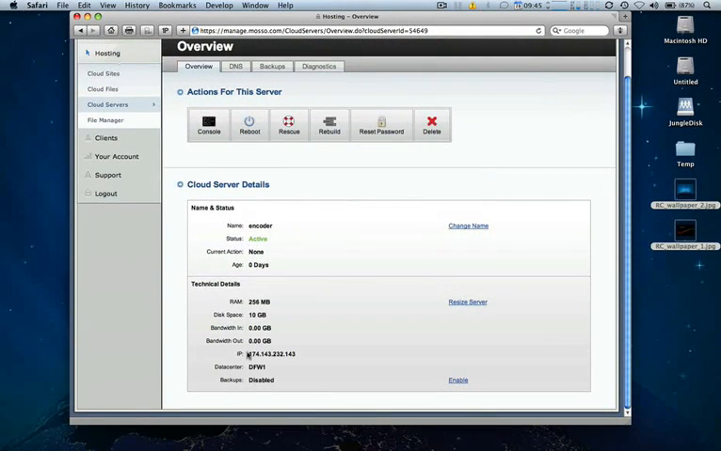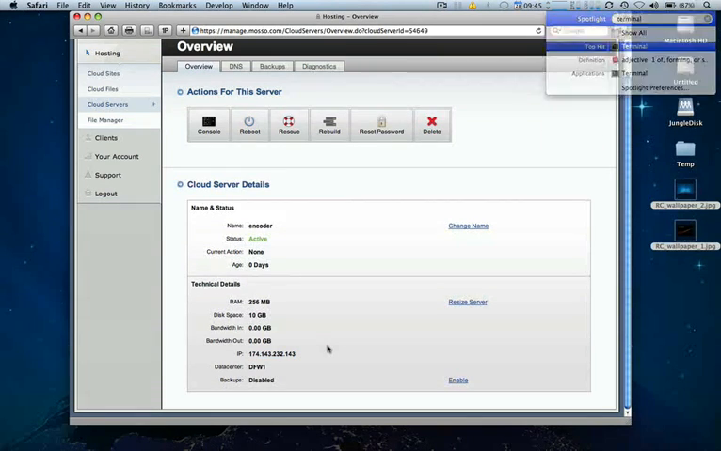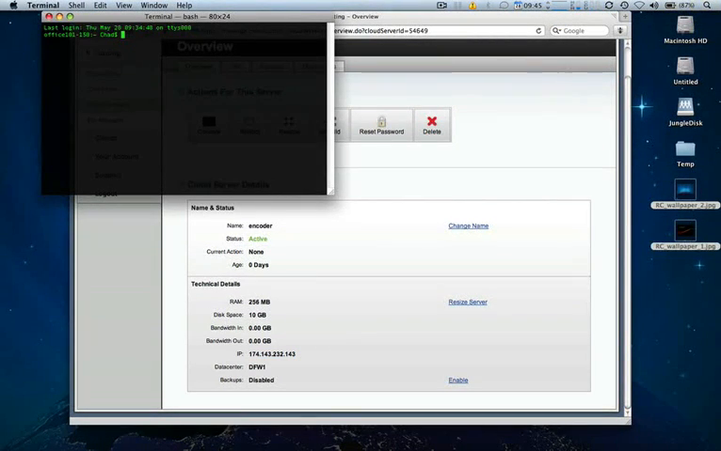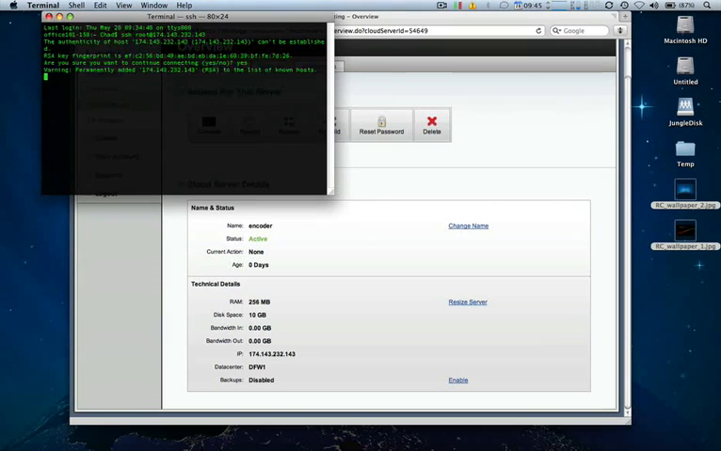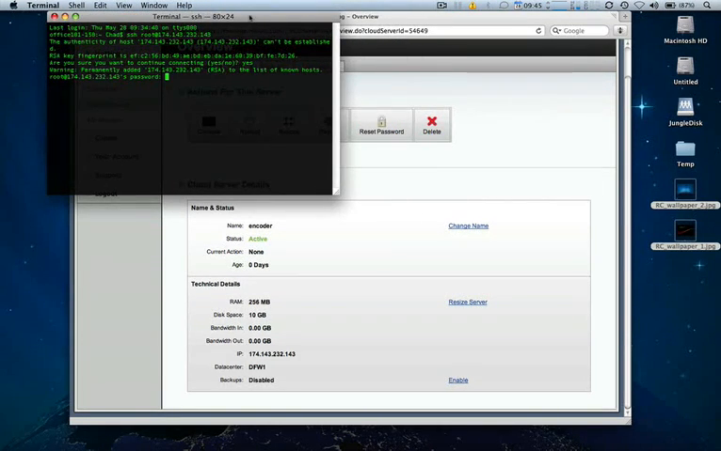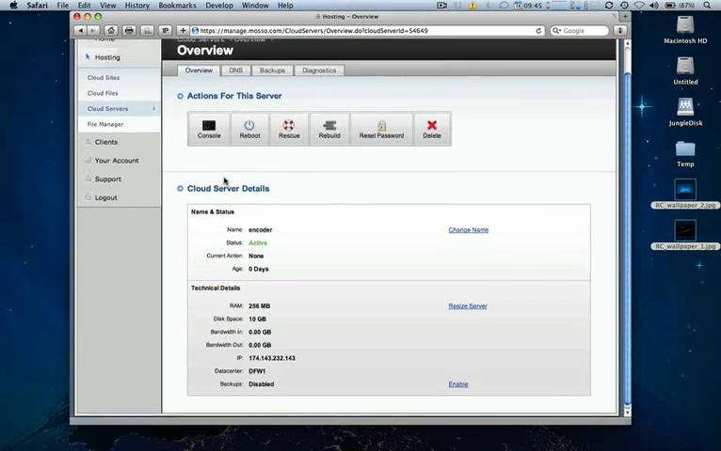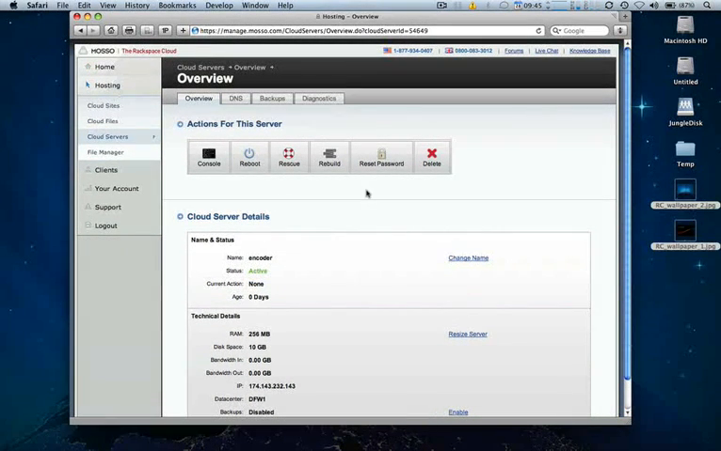Once we have that up, you can just grab your IP address as a public-facing dedicated IP address. And just like that, you can see we're already connected to the server. It's just that simple to use Cloud Sites, Cloud Files, and Cloud Servers. This is just demonstrating some basic functionality. You can go much more in depth,